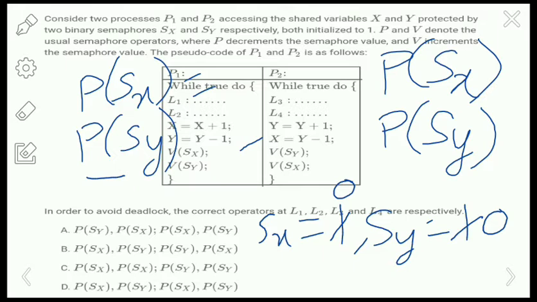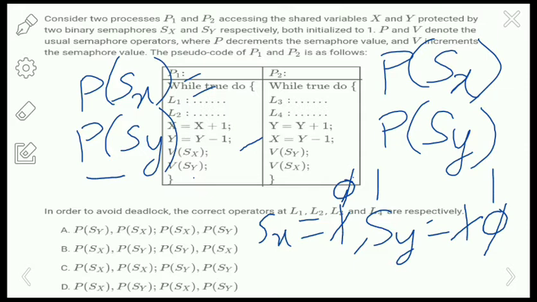It increments the x value by 1 and decrements the y value by 1, and then it executes V of Sx and V of Sy. That means it performs the up operation here. So again the value of Sx will become 1 and V of Sy, up operation on Sy, so 1.